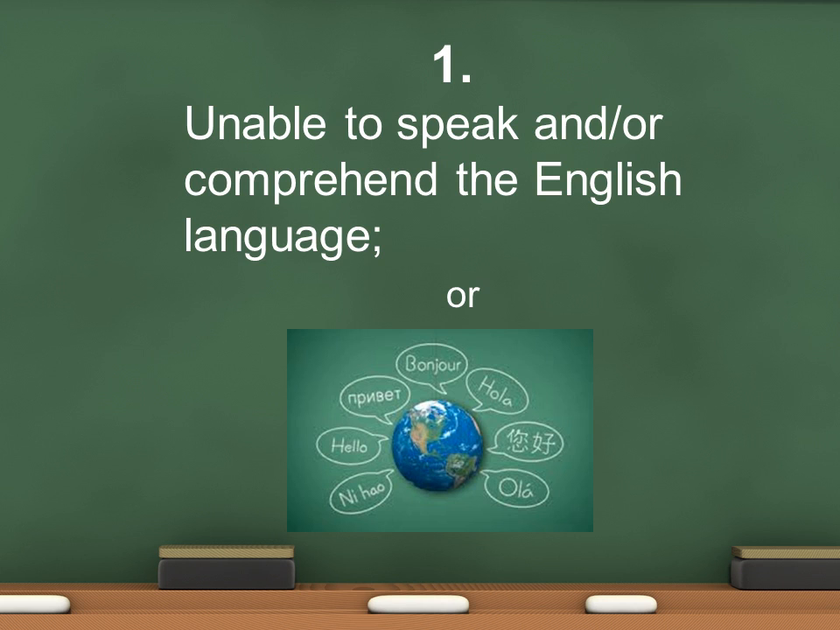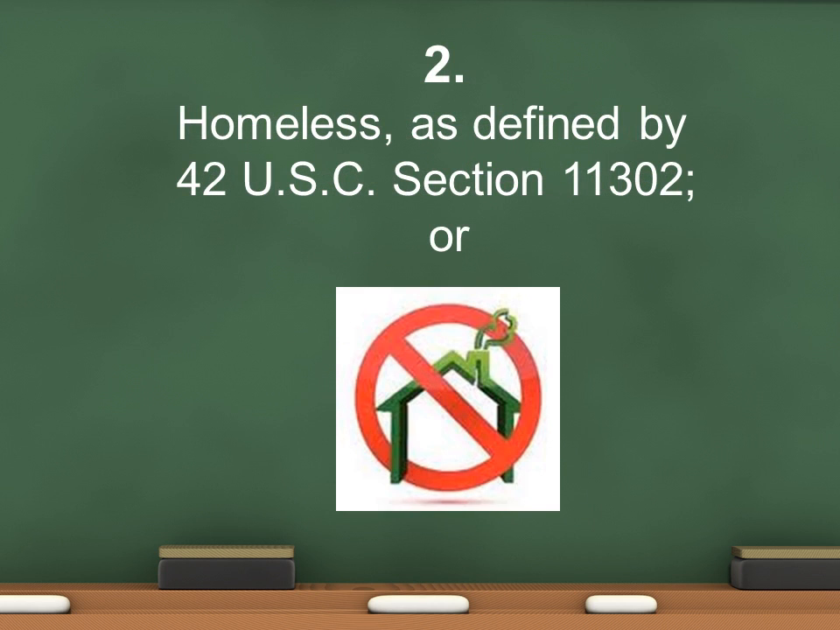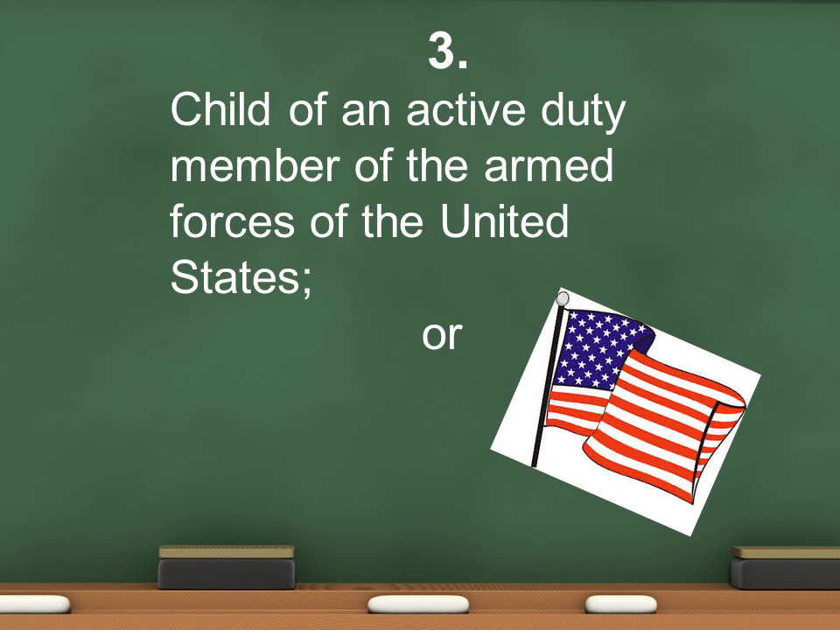Number 1, unable to speak or comprehend the English language. Number 2, if the child is homeless. Number 3, if the child is a child of an active duty member of the Armed Forces of the United States, or